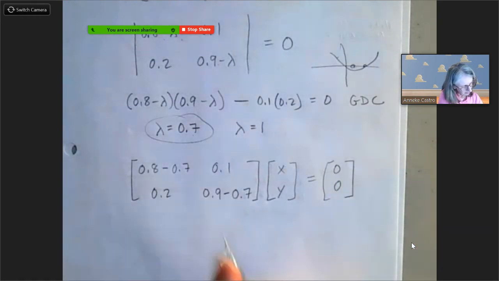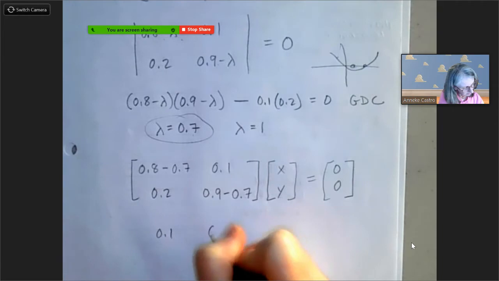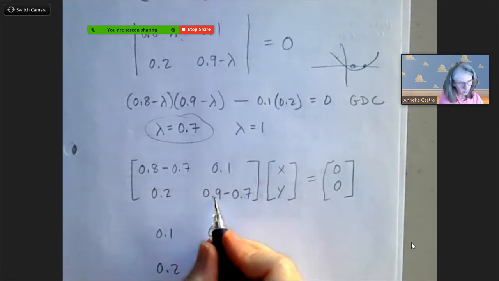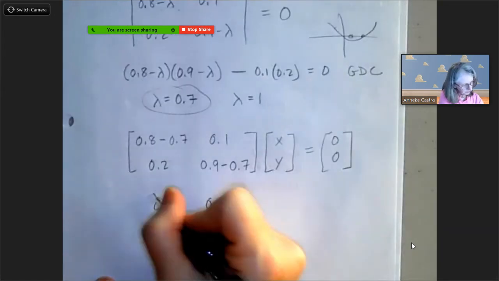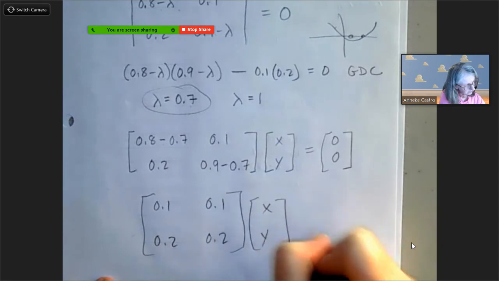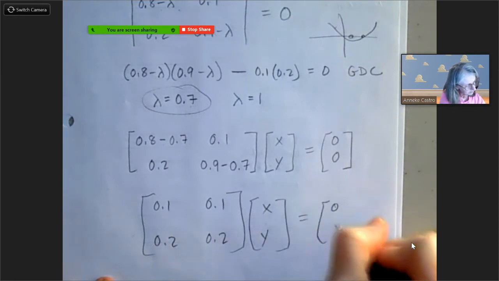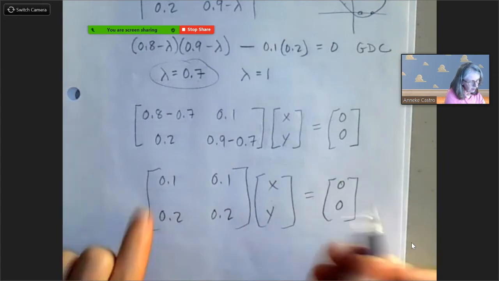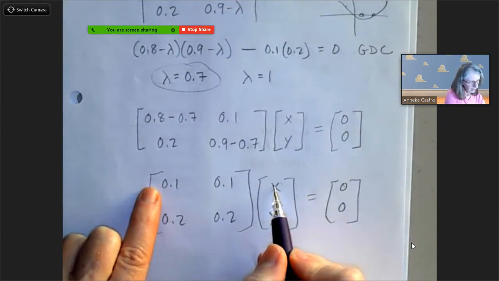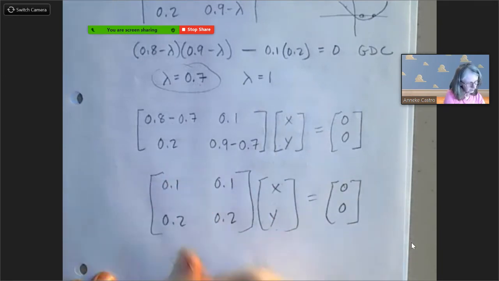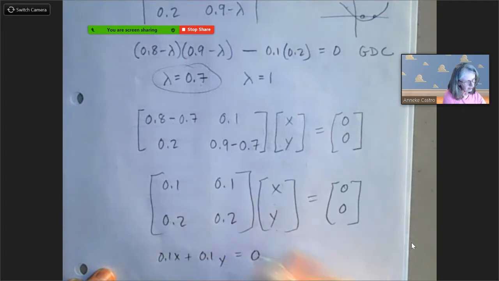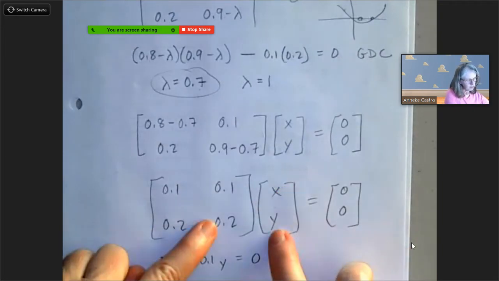So if I simplify this, I get 0.1, 0.1, 0.2, and this one also would be 0.2. 0.9 minus 0.7 is 0.2. And then I have my x, y equals 0, 0. So now if I multiply these two together, I'm going to write a system of equations. I get 0.1x plus 0.1y equals 0. And then the other one, 0.2x plus 0.2y